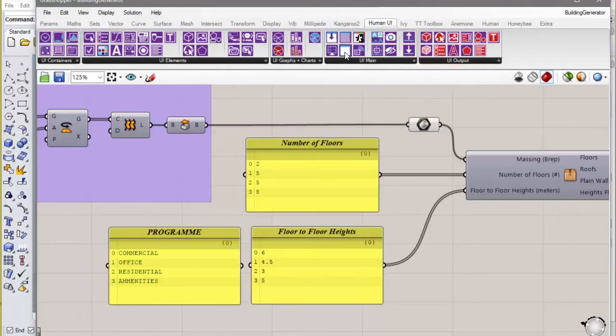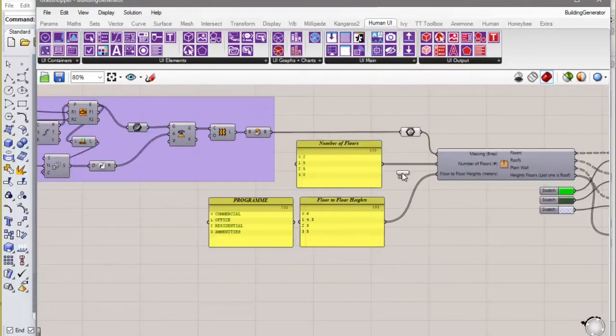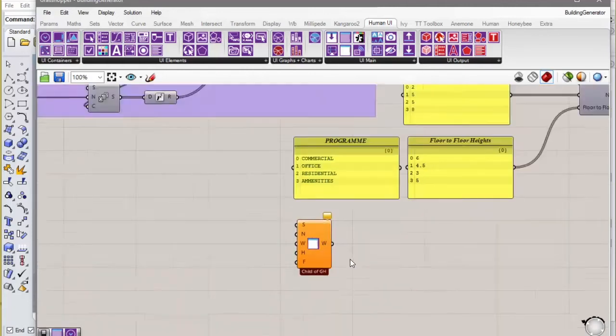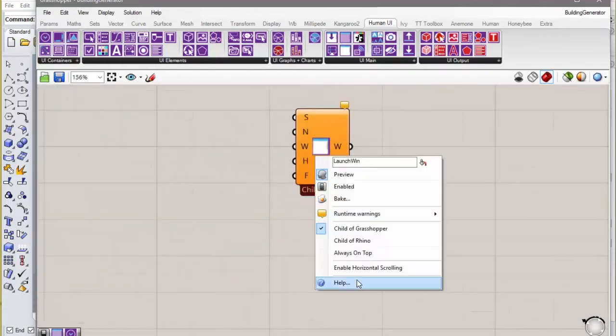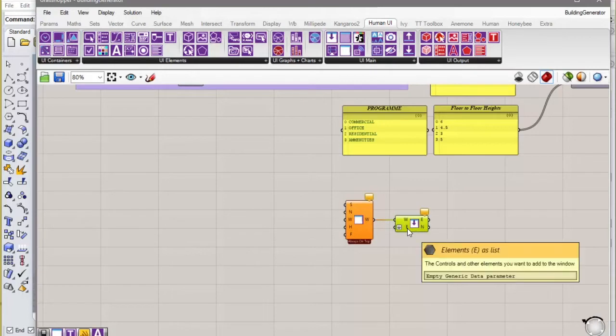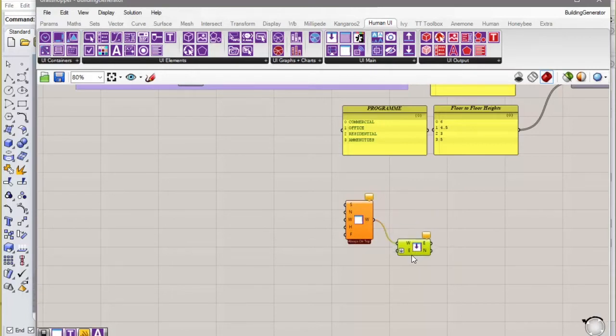First of all, like we saw last time, we launch a window component and we ask it to always be on top. Actually, so you can see this, always on top. But we're going to ignore this for right now, except for the next component that we need, add elements. And so which window? This one. And whatever elements we come up with, we're going to add them here. So